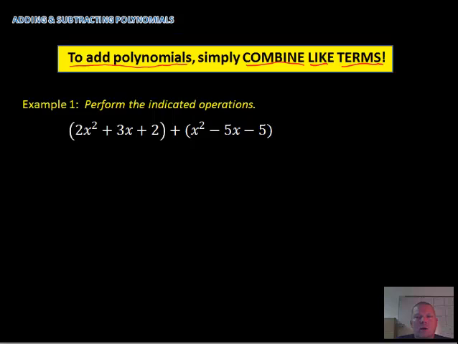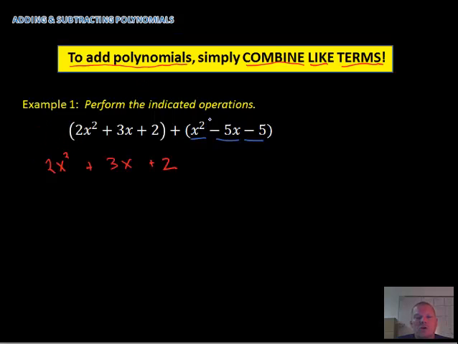We have 2x squared plus 3x plus 2. We're going to add that polynomial to another polynomial, x squared minus 5x minus 5. Alright, so I'm going to write the first polynomial down, my 2x squared plus 3x plus 2. And I'm going to take the second polynomial, x squared minus 5x minus 5,